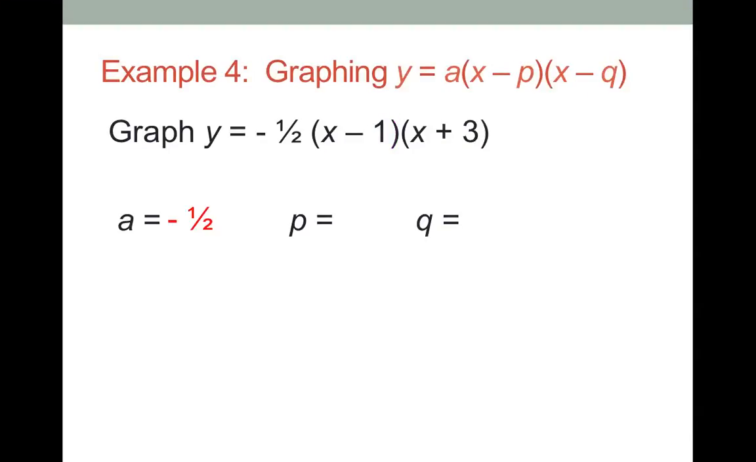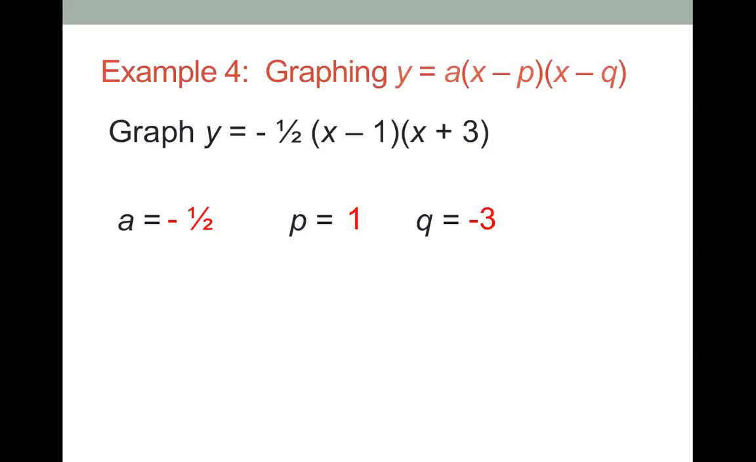Also notice again that we still have an a value. That a is still out in front, and it still has the same effect as the other a's. A positive a opens up, negative a opens down, big a's make our graph skinny, and a's like this one, where it's a fraction of 1/2, mean our parabola is going to be a little wider